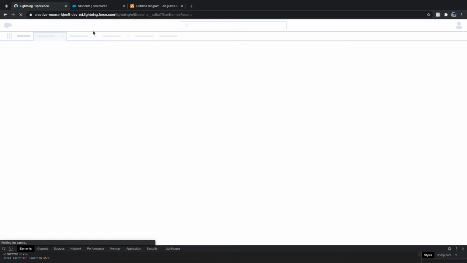Let it load. So whenever you do anything, you should check the complete scenario, whether it is added to the page layout, whether it is added to profile security or not. If something is not showing up, you need to check in these two places. Also, if the object has more than one page layout, you should ensure that the right page layout is assigned, or that the field is added to the right page layout. These are the checks that you need to perform. But interestingly, this is taking too long to load.